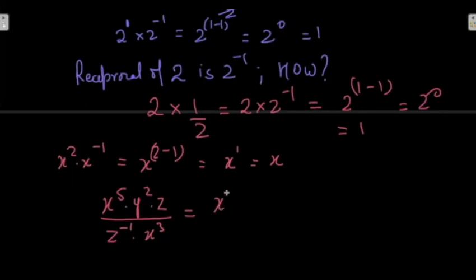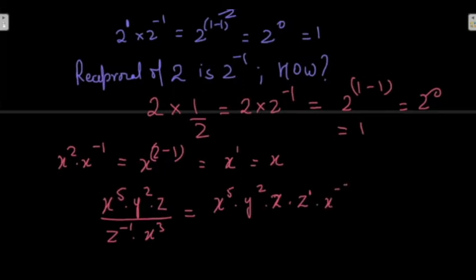It is x raised to power 5 as it is, y raised to power 2, z raised to power 1, so let's write it z only, into, now when we move from denominator to numerator, the sign of the exponent changes, the minus 1 will become 1, so it becomes z raised to power 1, or we could have just written z only,